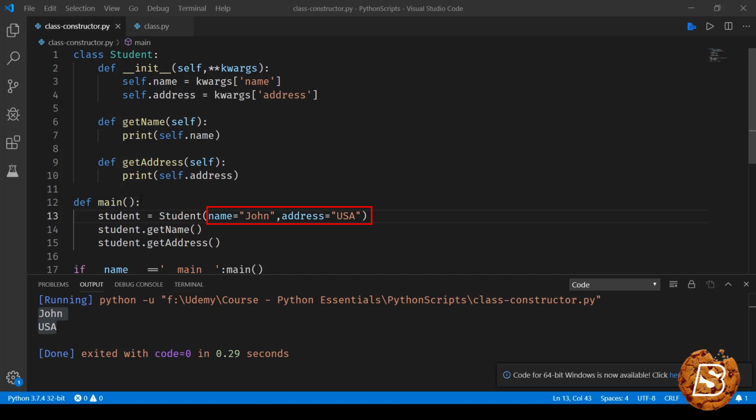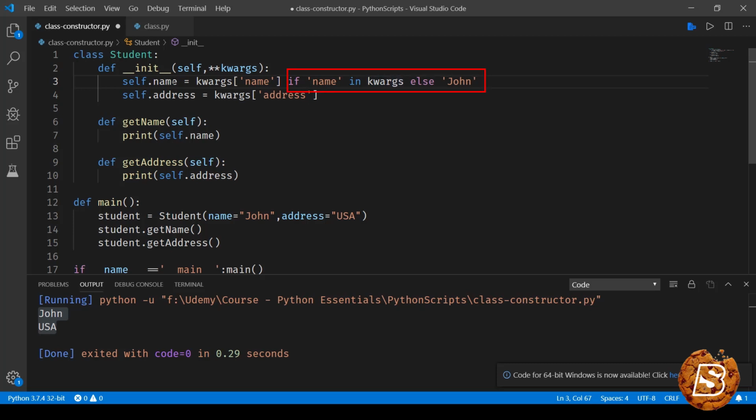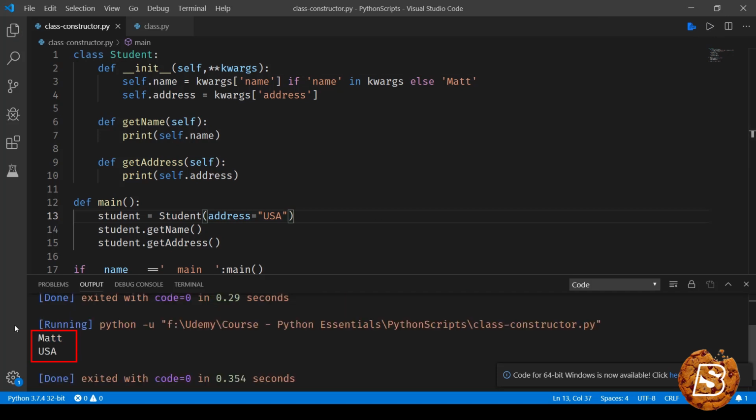Now if we want to ensure that a default value is always assigned to a given attribute, we can do that as well by using something like this. We can say if name in kwargs, then whatever name is there will be assigned to name. Otherwise, let's change it to Matt over here and save it. Now if I don't pass the name attribute and just the address, let's see what gets printed when I run this. You'll notice Matt and USA is being printed